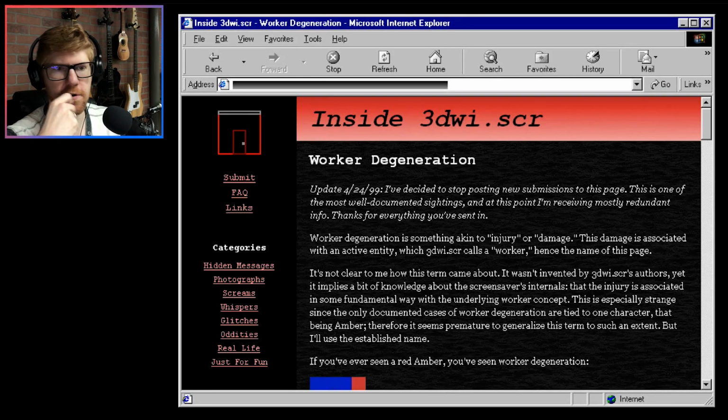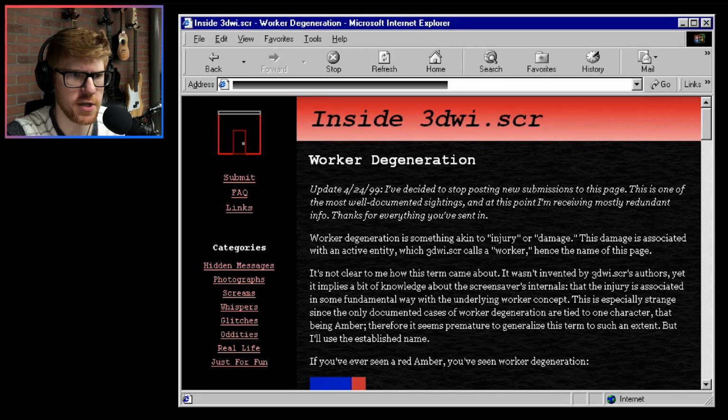Why? Update 424. I've decided to stop posting new submissions to this page. This is worker degeneration. This is one of the most well-documented sightings, and at this point I'm assuming mostly redundant info. Thanks for everything you've sent in. Worker degeneration is something akin to injury or damage. This damage is associated with an active entity, which 3D Whisker calls a worker, hence the name of this page. It's not clear to me how this term came about. It wasn't invented by 3D Whisker's authors, yet it implies...